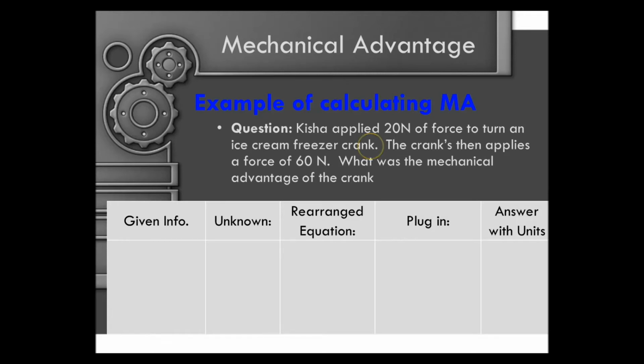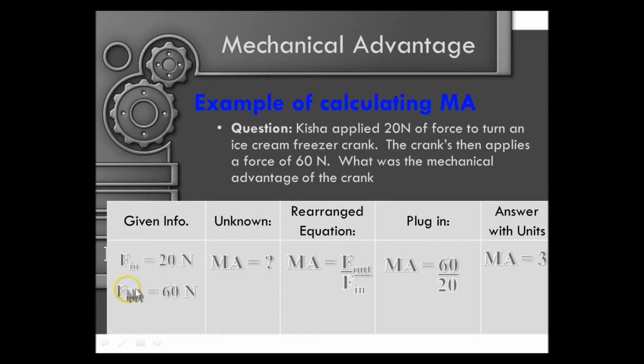So Keisha applied 20 newtons of force, so that is going to be the amount of force of input. And then the crank applies 60 newtons of force, which means that is going to be the out force, what the machine does. We are going to try to find mechanical advantage here. The equation is force out over force in, which would be 60 over 20,